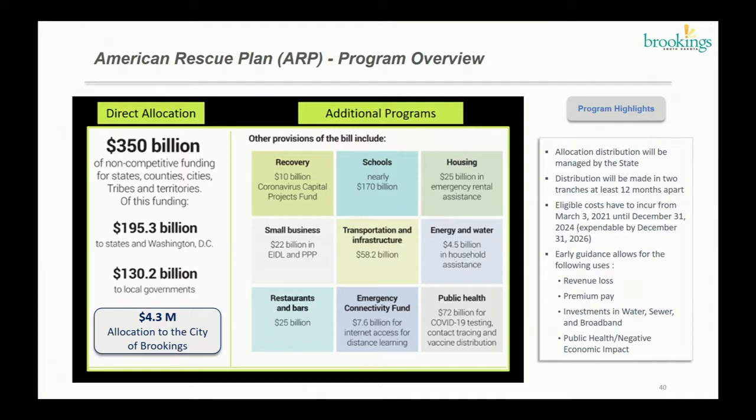Next, I would like to provide an overview of the American Rescue Plan. This is, if you put it that way, kind of like the second round of COVID relief funding for governments. This table shows what is allocated to local governments. So I'd like to divide the left table in two sections. We have the direct allocation and then the additional programs. From the direct allocation, the city has been allocated $4.3 million all the way to the bottom of the table, bottom left,